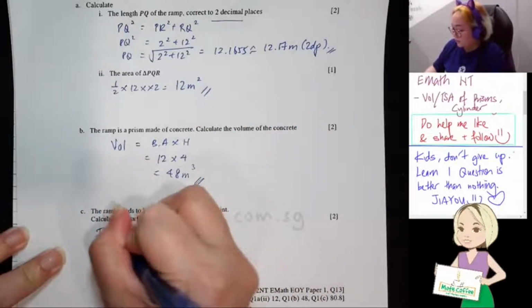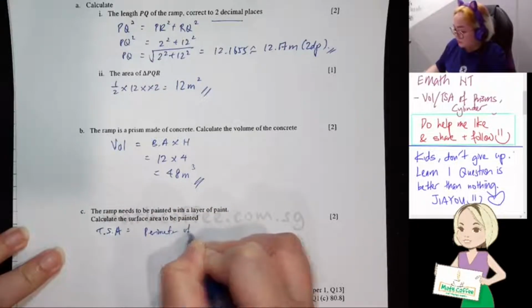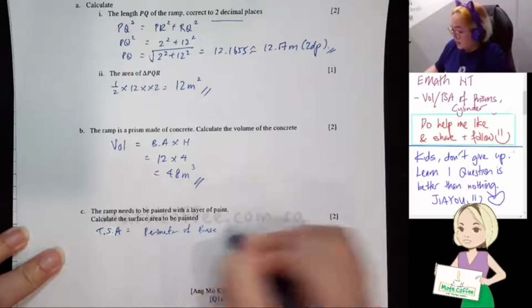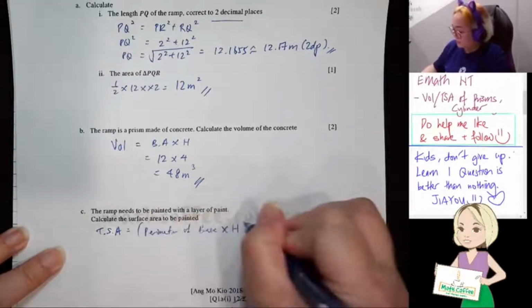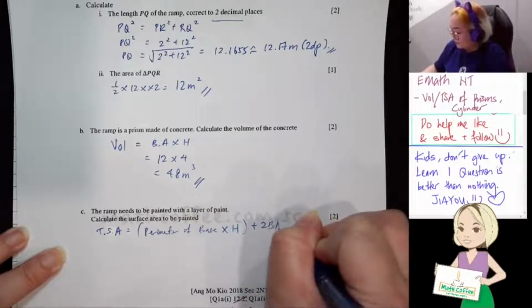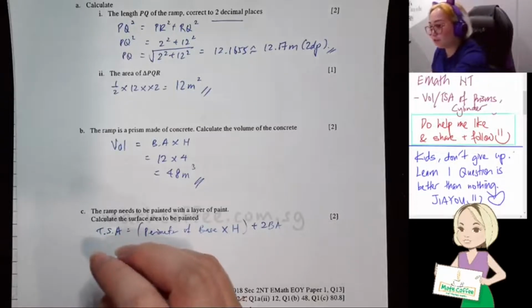Total surface area. So we will use perimeter of base, multiply by height, plus 2 base area. Okay, let's just